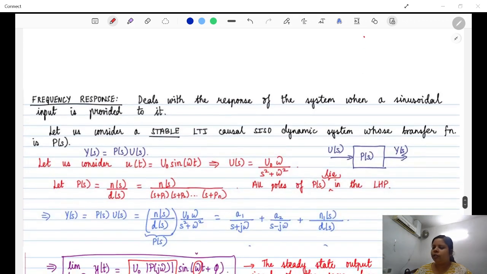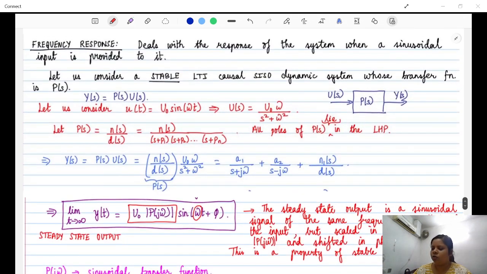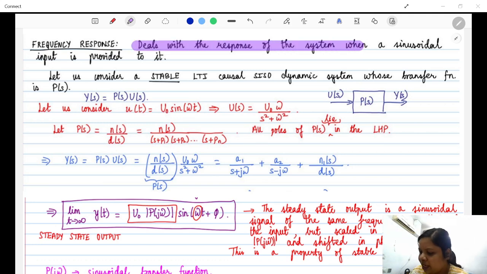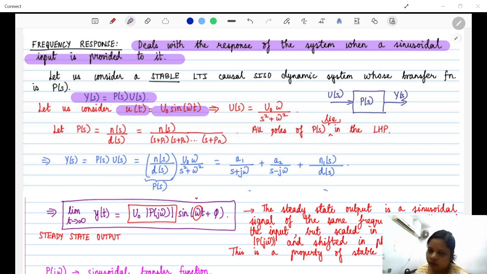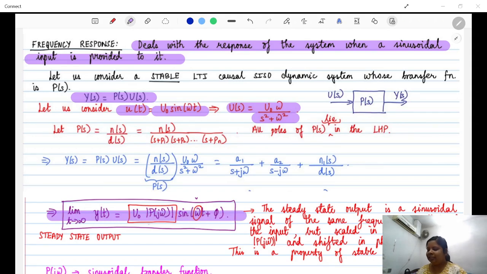Okay, so you already saw in your lecture also, I'm just revising, what is the frequency response? It deals with the response of the system when a sinusoidal input is provided. So you saw Y(s) upon U(s) to be some transfer function. Let's say Y(s) is equal to P(s) into U(s). Let's say u(t) is now some sinusoidal function. Then U(s) is some sinusoidal in the Laplace domain. So if you find out everything, you'll find this to be the answer, where there is some scaling of the